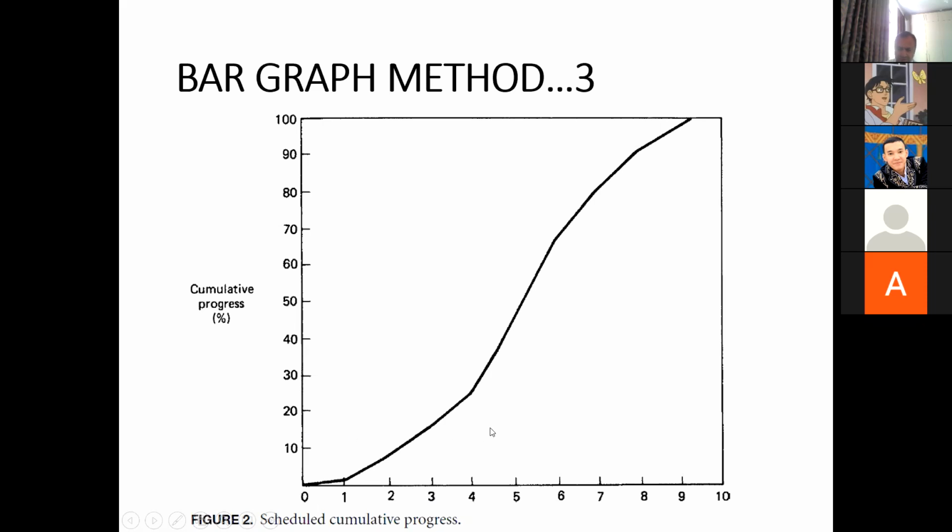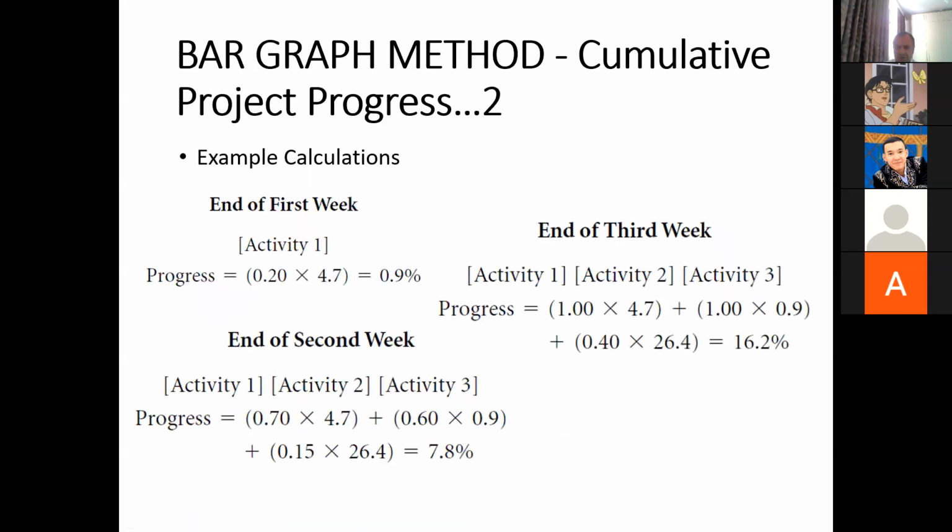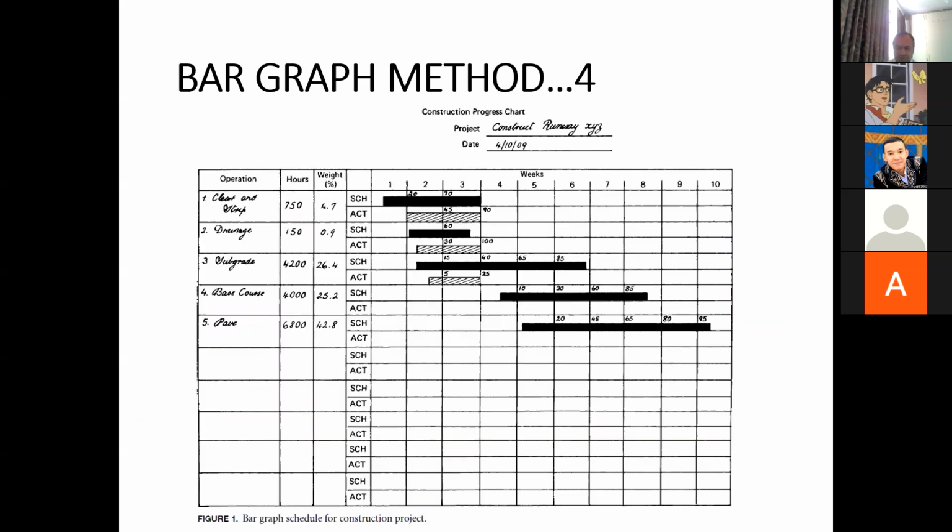And then the work shoots up. Then the work is taking place at a much higher pace. And in the end, the pace of the work again decreases. So we can get this curve for every project if we can measure the progress of the project. However, this curve has been obtained using this bar chart.